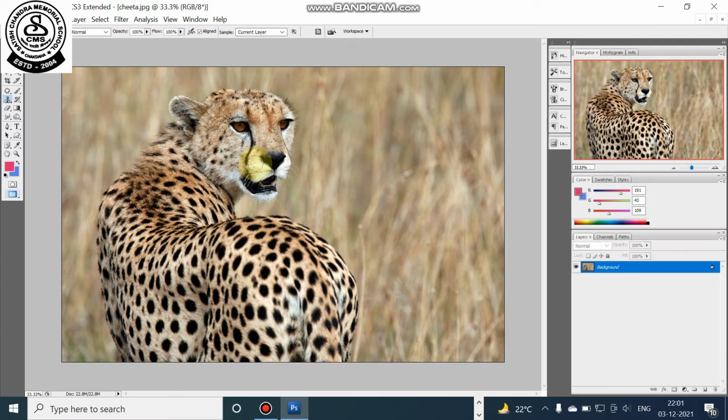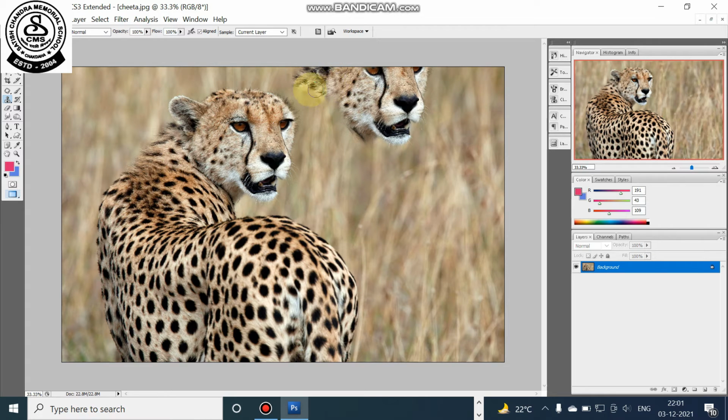Then you leave the alt button and the mouse button, and gently move your mouse. You can see that the part of the picture that you want to clone is coming.